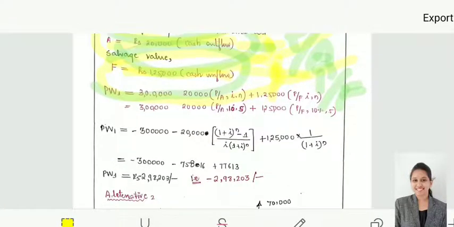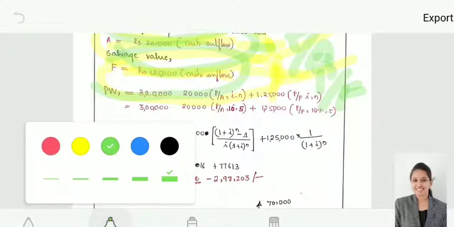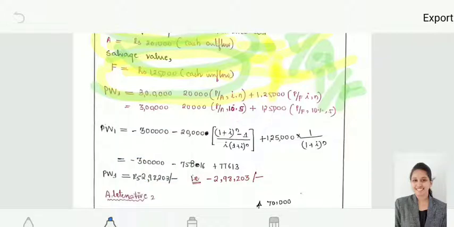You are able to see the values I have put up, right? So present worth is 3 lakh rupees. I am not using any constant here because this is the present worth itself. Present by present, it becomes 1. Next one, 20,000, that is my annual equivalent, so I am using the factor in the bracket, present worth to the annual equivalent. The next one is the future value, that is the salvage value, so I am considering the present worth to the future value. So I am using that factor.